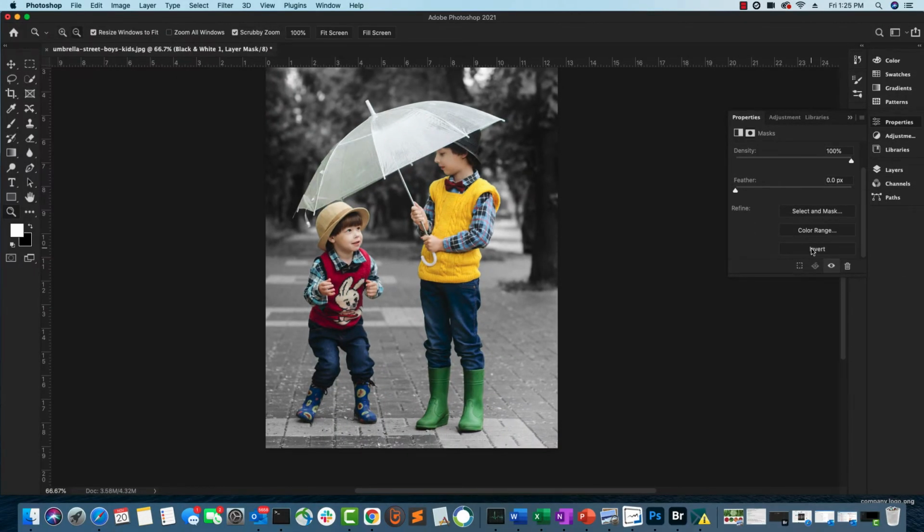Let me show you again. This was the original picture. When I apply the invert, the background becomes black and white and the children become colorful. After converting, the objects look like this, so they are much more visible.